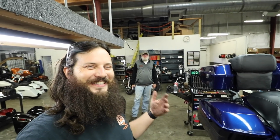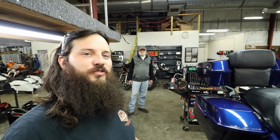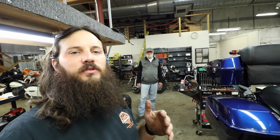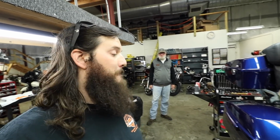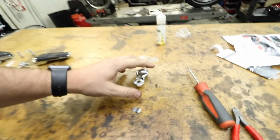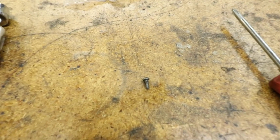All right, it just so happens John showed up while I'm looking for the smallest screw known to mankind. I mean, I would need to go to an eyeglass store to find this thing. I don't know where it is, but I did manage to find this. I can't even touch it because I might lose it, but this screw